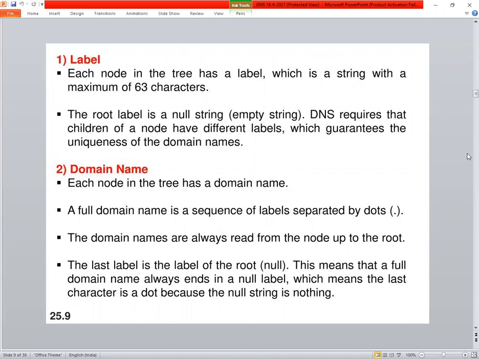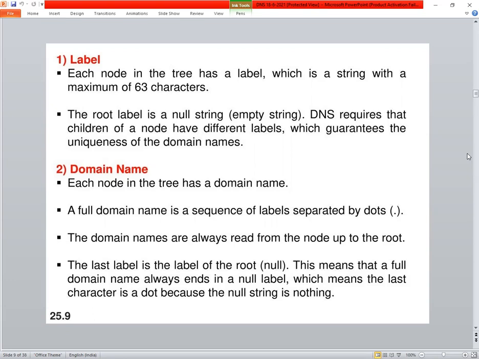DNS requires that children of a node have different labels, which guarantees the uniqueness of the domain namespace. Every node below the root node is called a child node. They will be identified with different labels, which are unique in nature, and which guarantee different domain names for them.